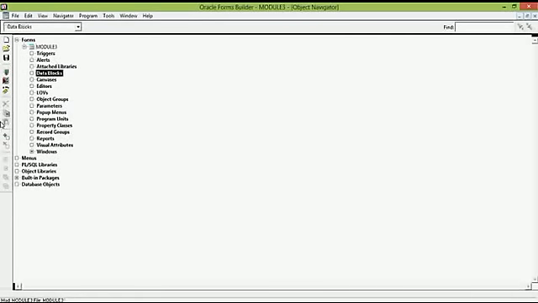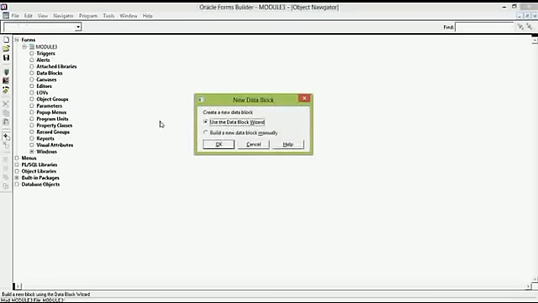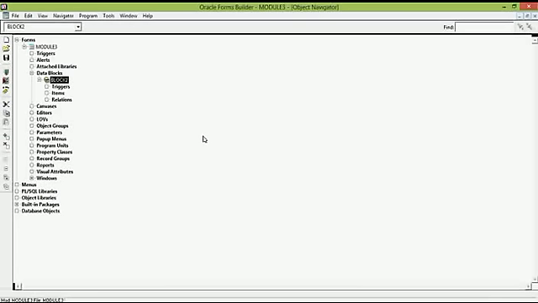The data block will be a non-database block. This block is required because after creating the canvas we will put all the toolbar buttons within this block.